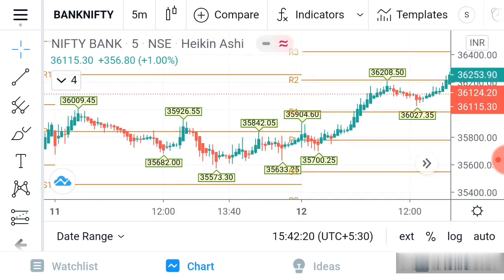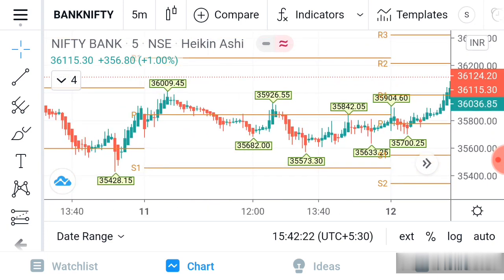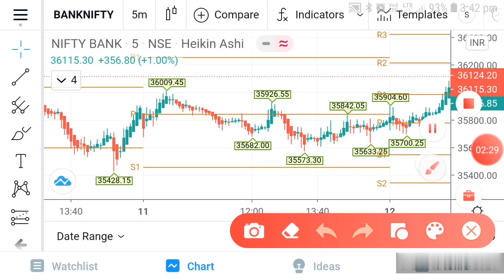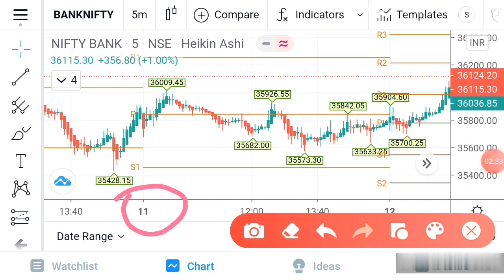So now let us go to 11th February. You can see the date here. Today is 11th February, and you have to identify which are the high area and low area. If you see the high area, this is a high area, and if you see this is the area, the low area is coming. So we have to mark this area.